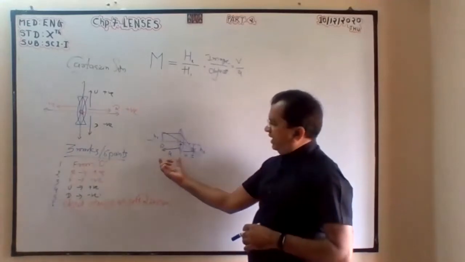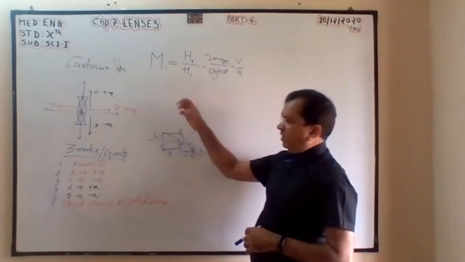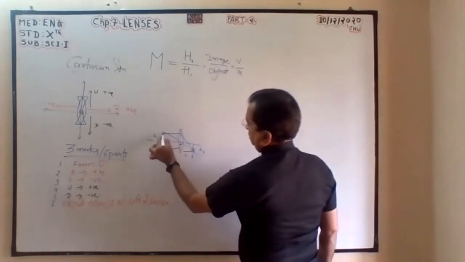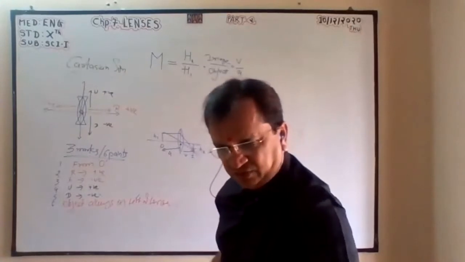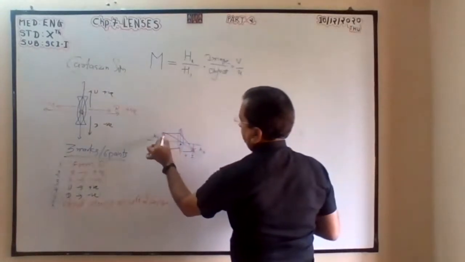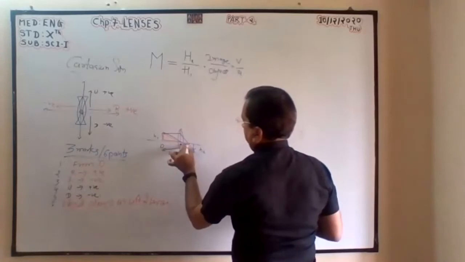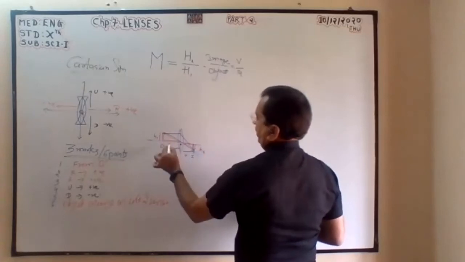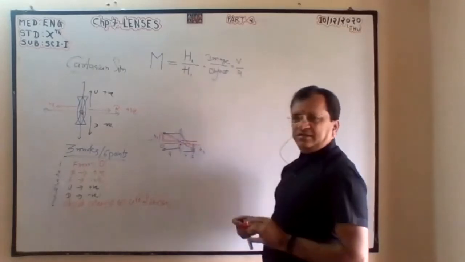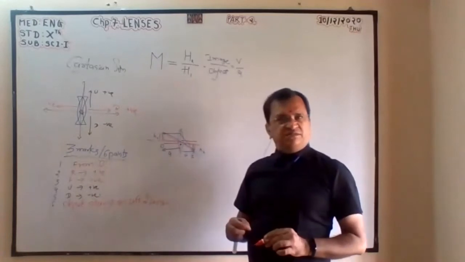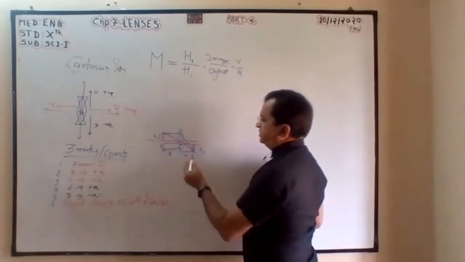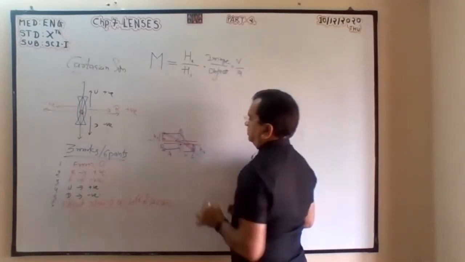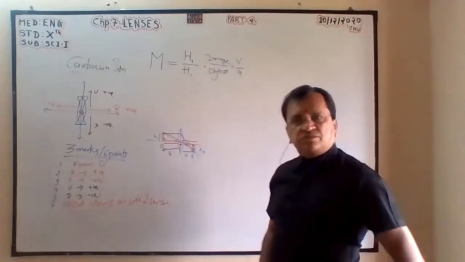So by distance also you can measure, or by height also you can measure, because you can see this, it is a similarity, that is why. So either you take the ratio of heights or the ratio of bases, both will be the same because the triangles are similar. This is 90, 90. Correct.